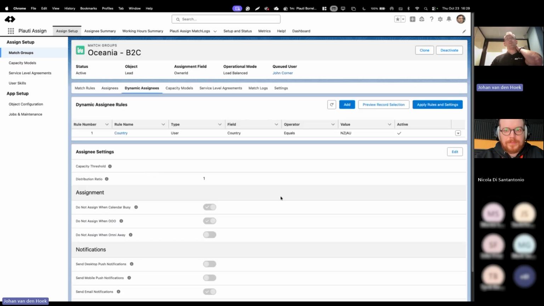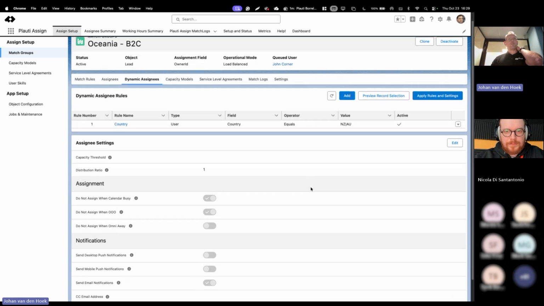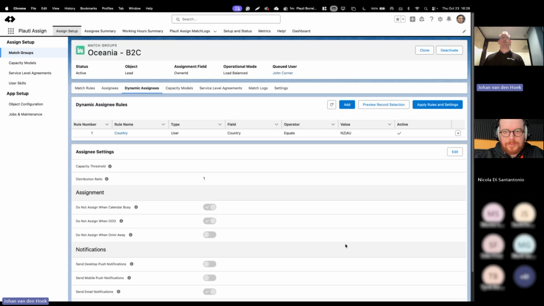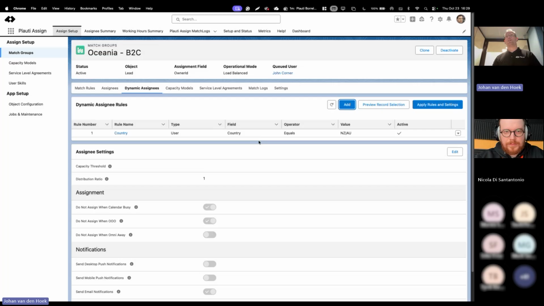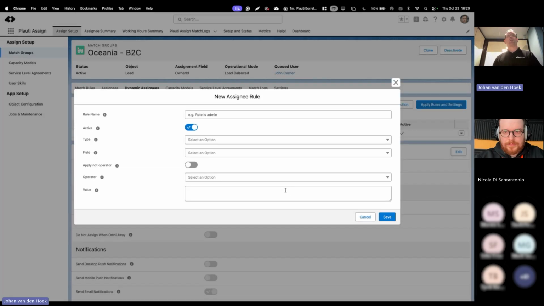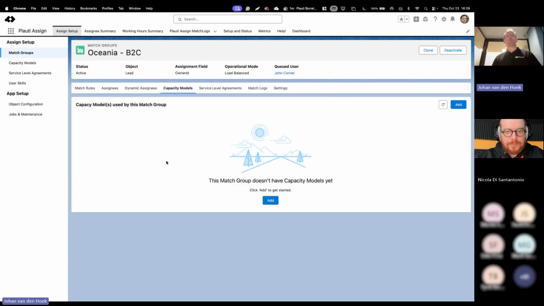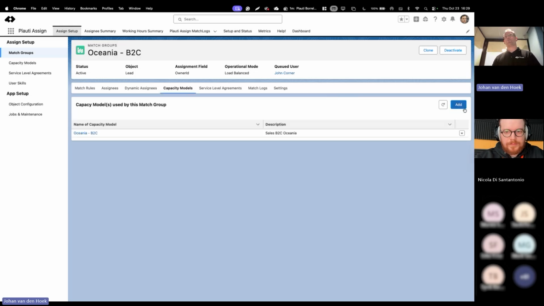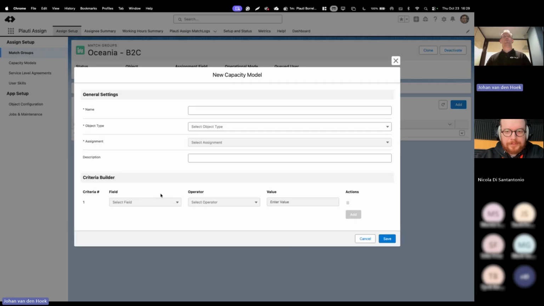In dynamic SNGs, we now have one page where we can set all the rules, and can set the general SNG settings for the ones that have been added via the dynamic SNGs. And also here we have new components that make it a little bit less complex to add a new SNG rule. Then we have the capacity models, same here. What we have added is that from here you now get a choice whether you want to link an existing capacity model or want to create a new one. And then if you select new, you can